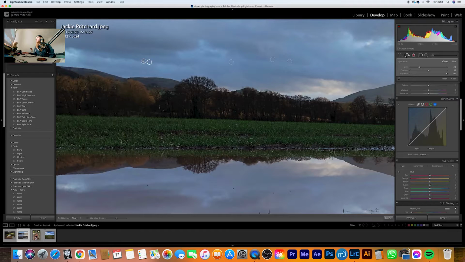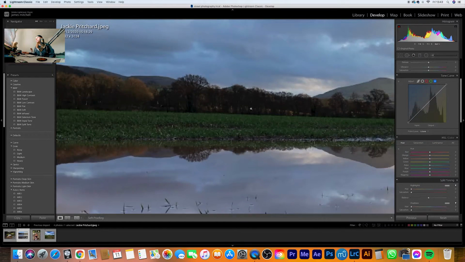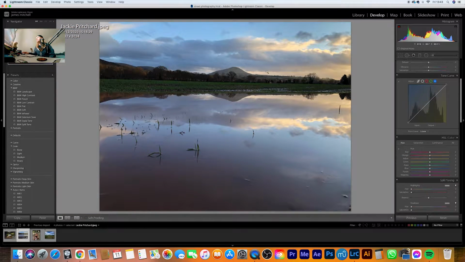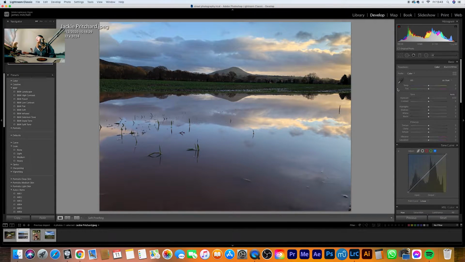And once we've got rid of these, now we can start working into the edit. So this is done in December at 3:20. So we're starting to go into the golden hour, maybe even just past sunset for December, because sunset's quite early in December time. First thing I'm going to do is bring exposure up, see what I'm working with, see where